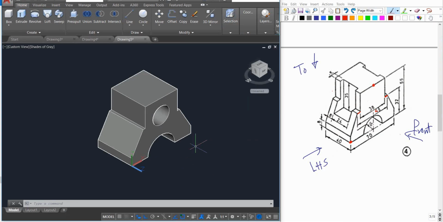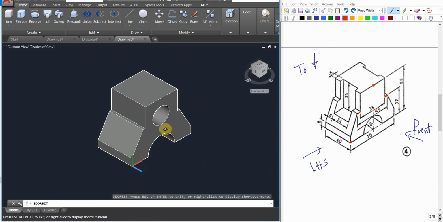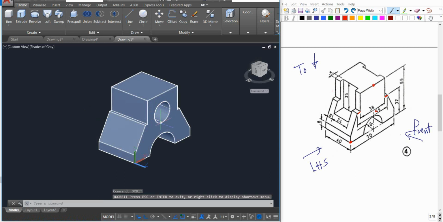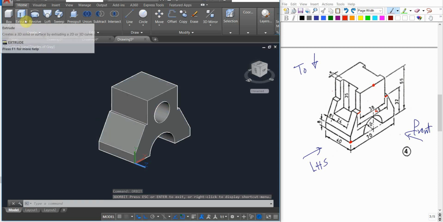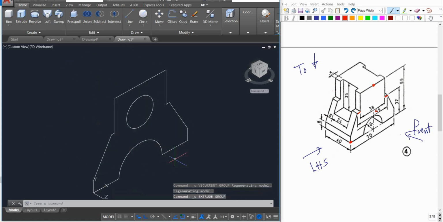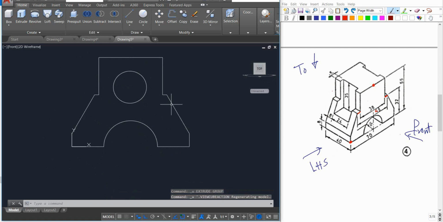So, for example, let me give it orbit. As you can see, the hole is already formed. If you use Extrude to extrude multiple loops, all of them will be created as solids. But what if I have this shape, where this is one loop and this is another loop, which is the circle,